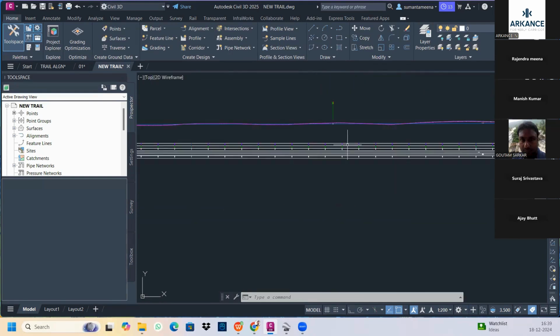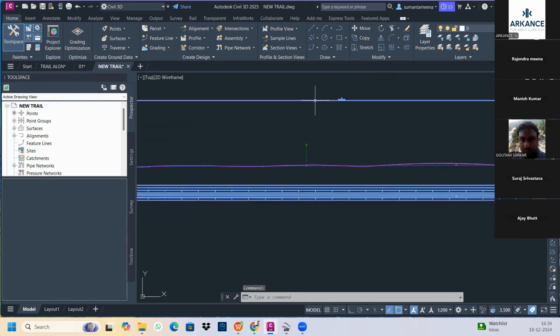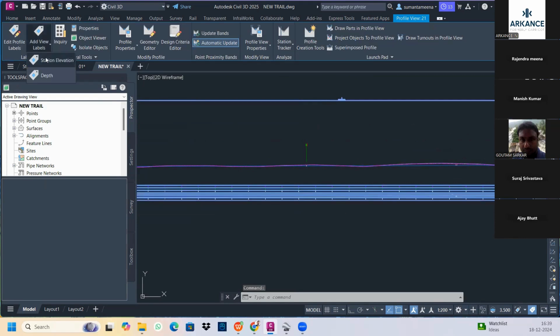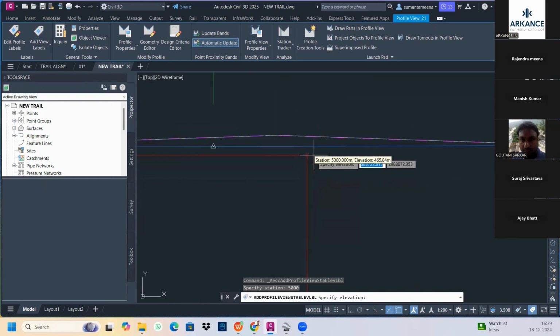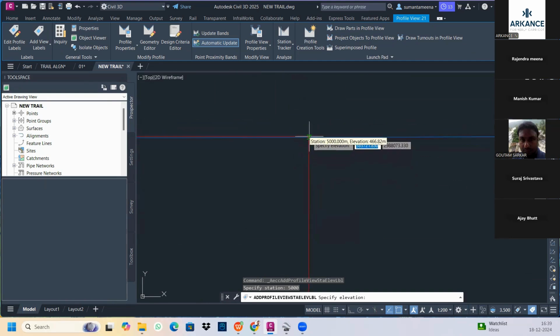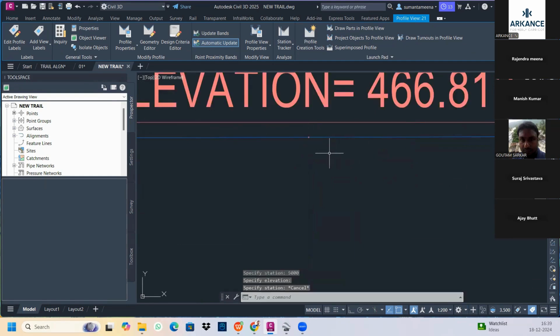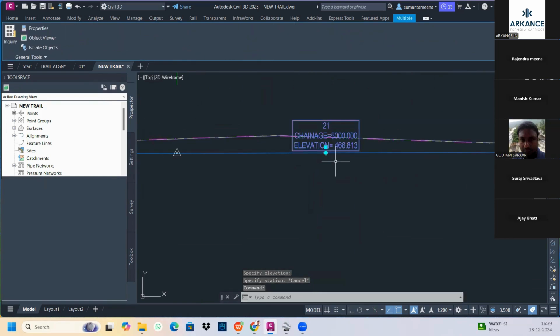520 यहाँ पे आ रहा है, ओके। तो आपको क्या करना है चेक करने के लिए, स्टेशन, यहाँ से आपको स्टेशन डिफाइन कर लेना है, जैसे 5000 पे एग्जैक्टली चाहिए। देखिए लाइन आ गई। ठीक है। अब यहाँ से आप लेवल डायरेक्टली मार्क कर सकते हैं, जैसे मुझे इस कट लेवल चेक करना है एग्जैक्टली यहाँ पे, तो यहाँ पे आपका लेवल एंड चेंजेस आ जाएगा कि आपका लेवल क्या है।